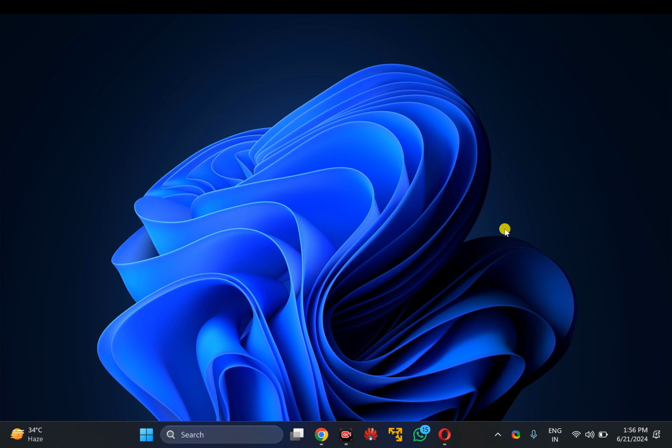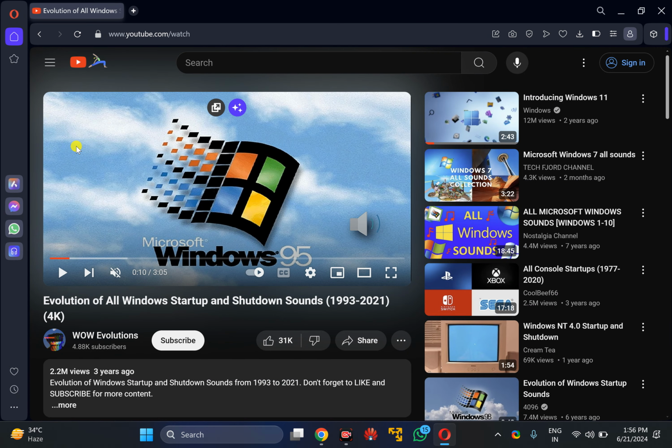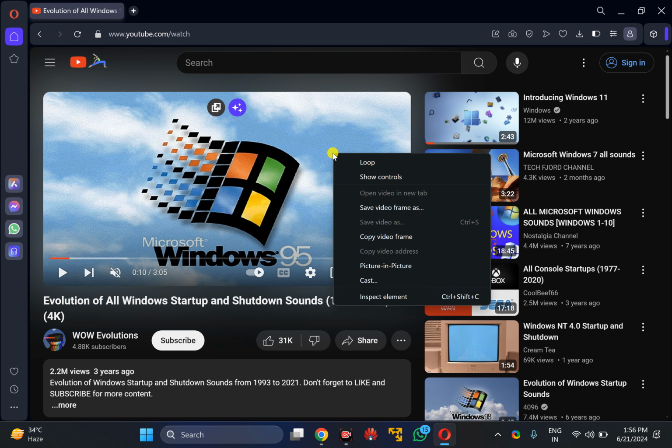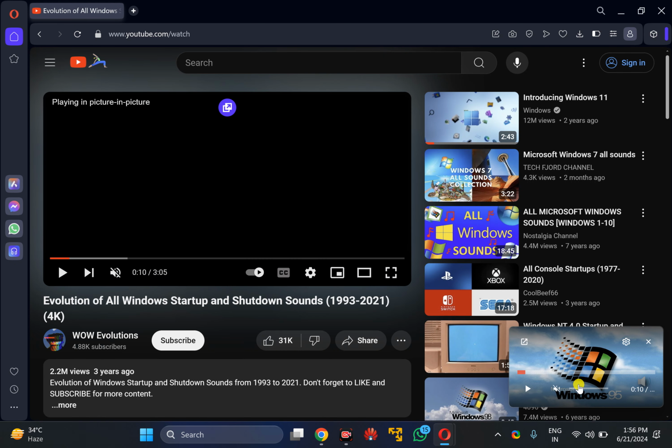In this video, we will guide you on how to make pop-out video transparent in Opera browser. In case you use Opera browser and you frequently pop out video by clicking on this one icon that represents with up arrow icon, or you can pop out any video while playing in Opera browser by double right click on the video screen, and then you can select here picture in picture mode. This will pop out video on your Opera browser.